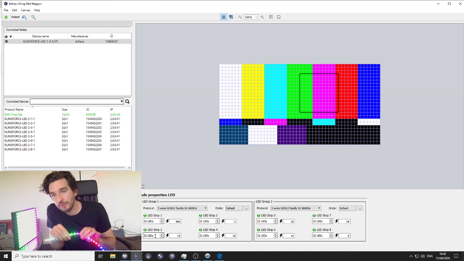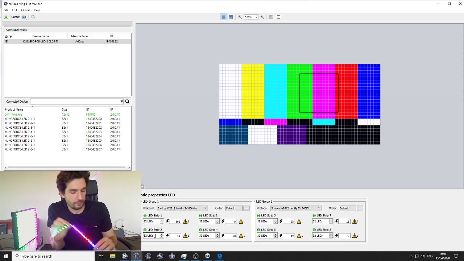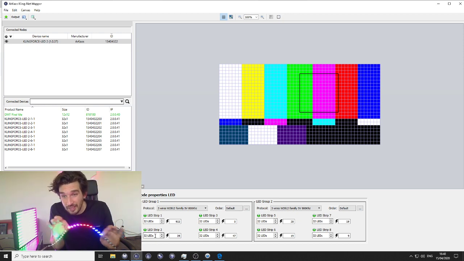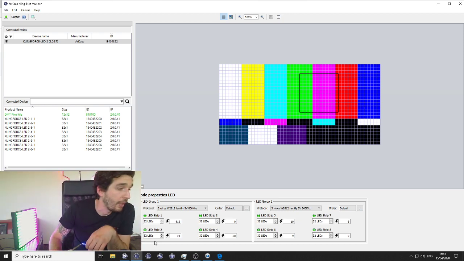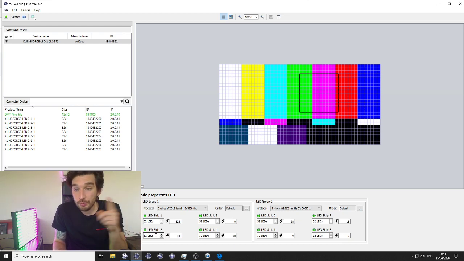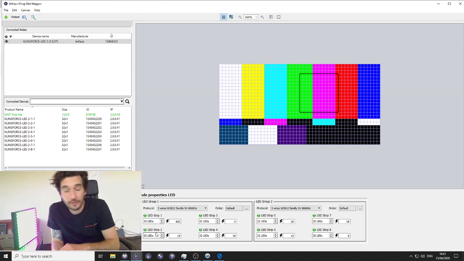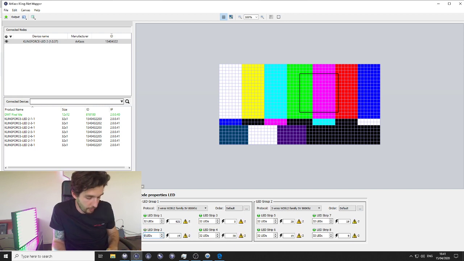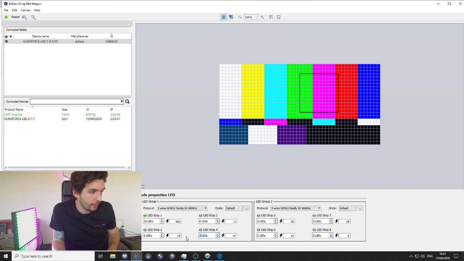It's a pretty basic protocol. There is no feedback of information, so there is no way that my driver can know how many LEDs are connected to my output, unfortunately, because that thing doesn't give feedback. So I'm going to have to set how many pixels I have on my output. I have 8 outputs, only output 1 is connected, so I'm going to put 0 on the ones I don't use.